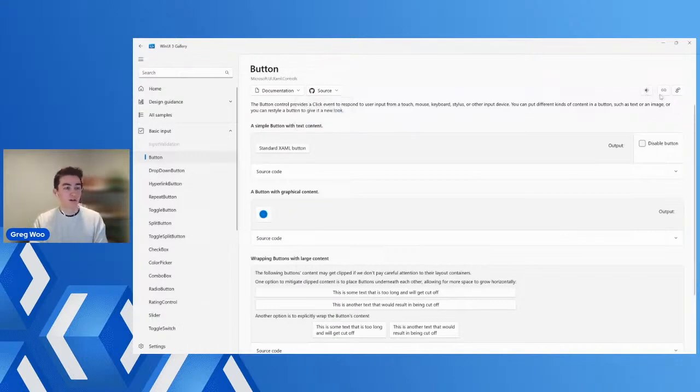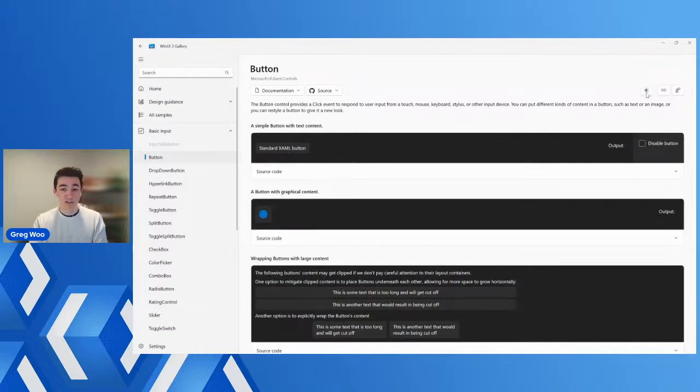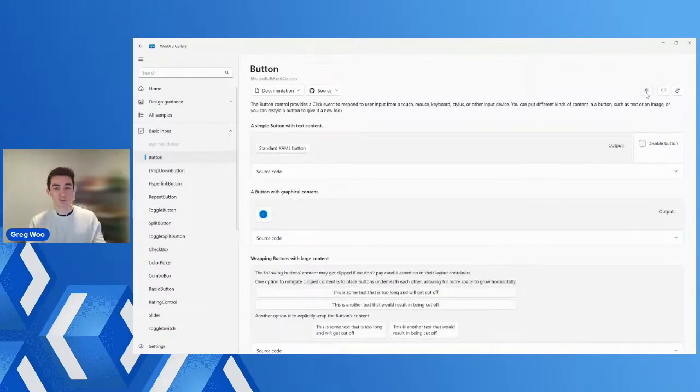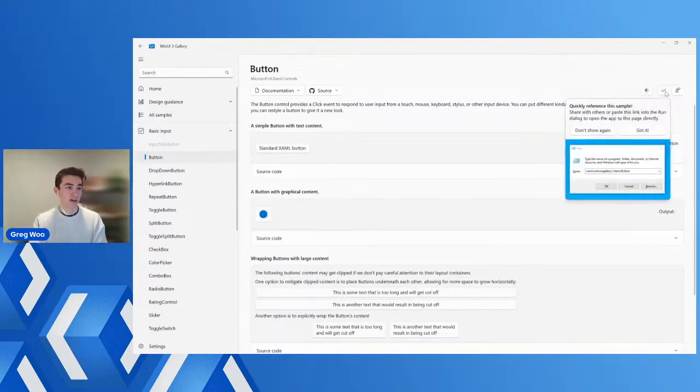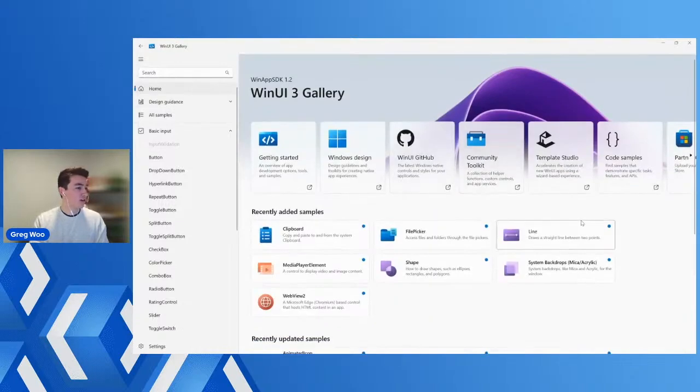And then on the right-hand side, you'll recognize those buttons because we haven't changed the placement. We've just redesigned the look of those buttons. But you have the toggle theme button, to turn the samples from dark mode to light mode. And of course, we have the link button here if you want to send a link to this specific page. And then we have the request feedback button as well, which launches our GitHub repo. So yeah, this is a quick overview of the